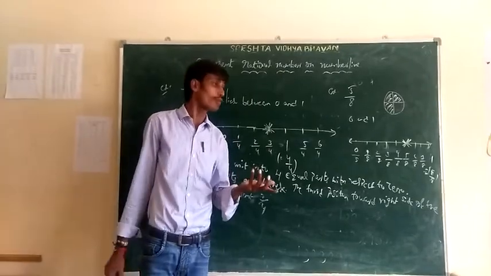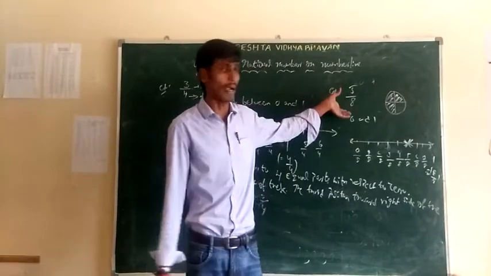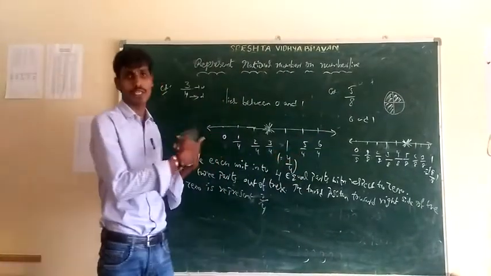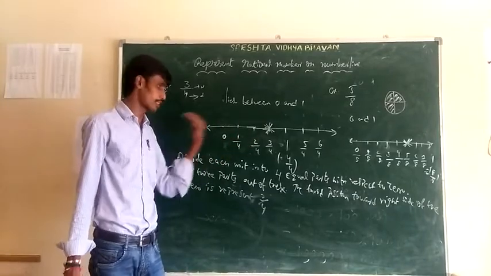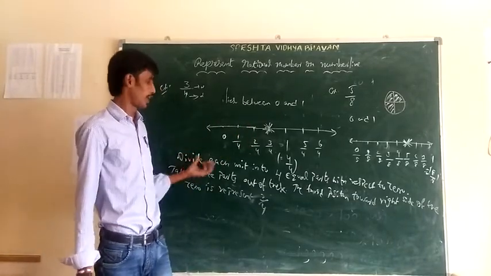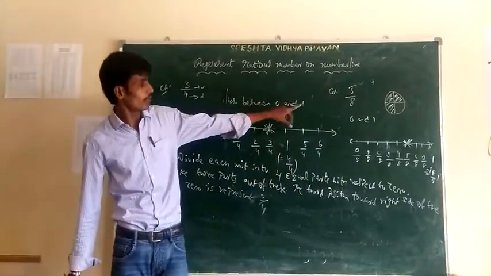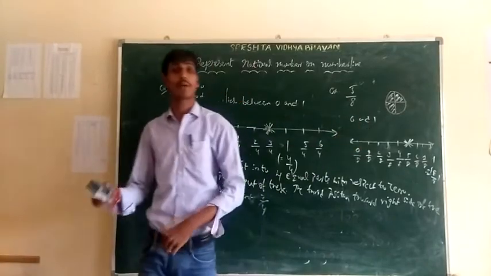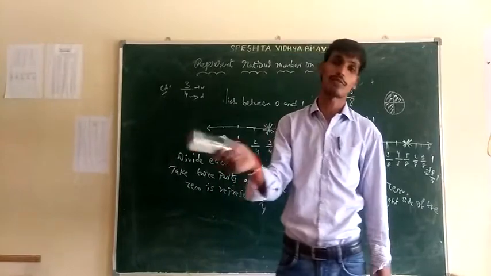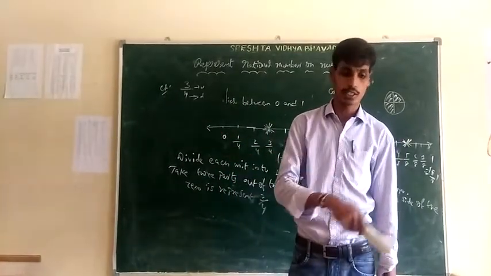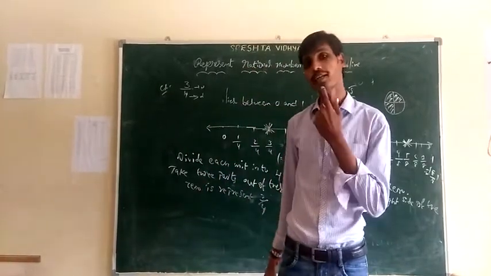For example, can you represent minus 5 by 8? Yes, simply same writing. So minus 5 by 8 is taken only on left side of 0 because it is a negative rational number. Okay, represent on the number line with the same process up to left side. Same division into 8 equal parts. So after that, find minus 5 by 8, and minus 5 by 8 is the 5th position towards left side of the 0. So this is about representation of rational number on a number line.